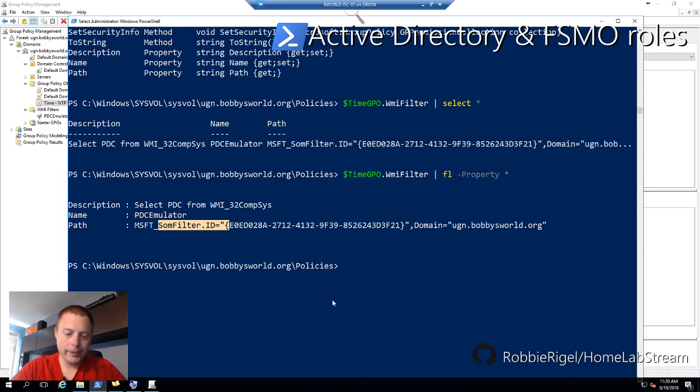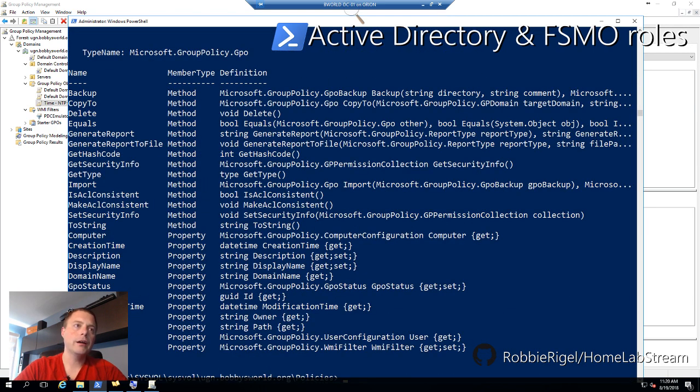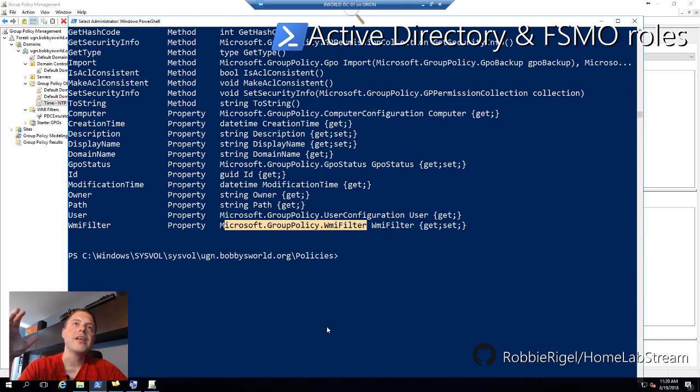Yeah, so I can do time GPO. I did Get-Member on it here. The member WMI filter here is an object called WMI filter. So that means there is existing stuff for that we can easily access in the .NET framework. So that means if I can pipe it, you can pipe the WMI filter further into